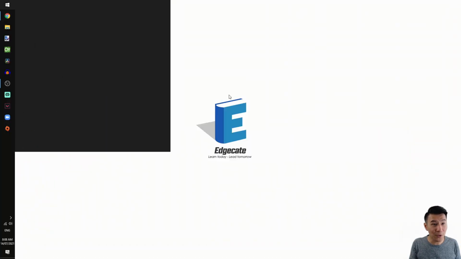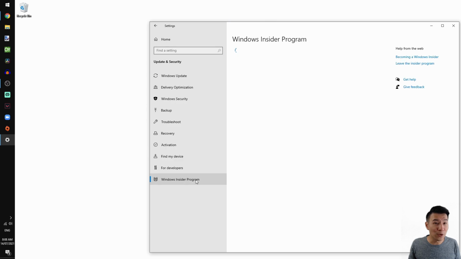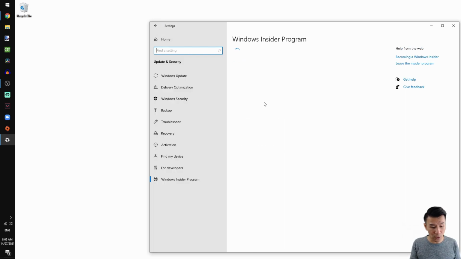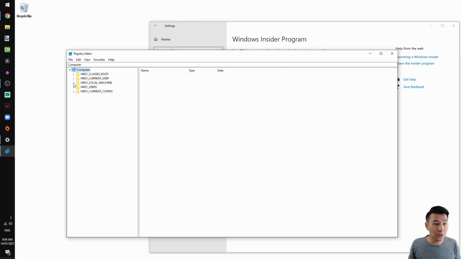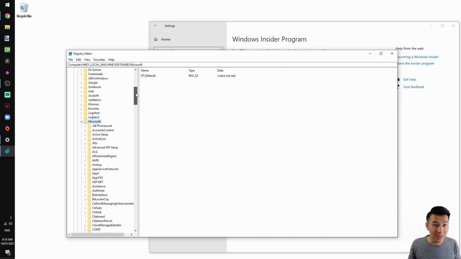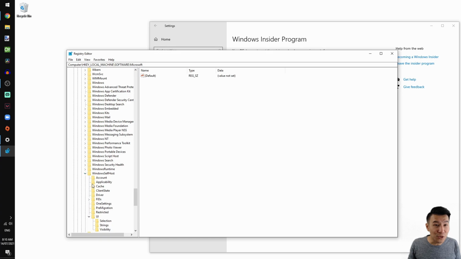Once we're in, let's just go back to Settings, Update and Security, Windows Insider program, and check that we still don't have developer access. Nope, we don't. So to enable it, you're going to open your registry editor, and you'll go to HKEY_LOCAL_MACHINE, Software, Microsoft, WindowsSelfHost, UI, and Selection.